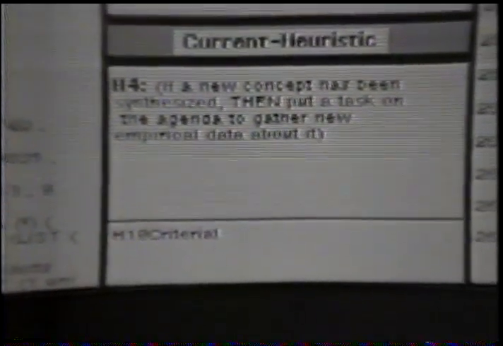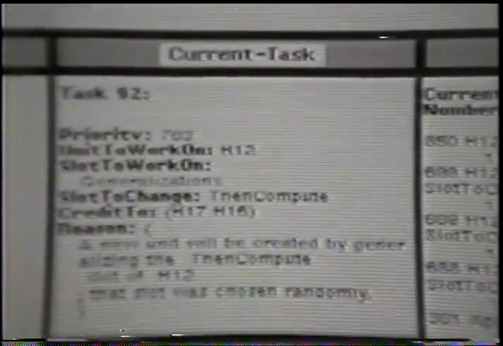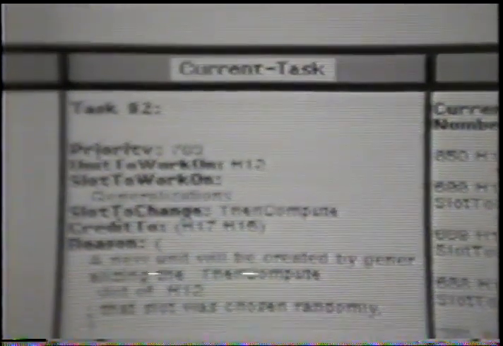Just above is the English abbreviation for the heuristic which is currently firing. And off to the left is the concept which is being worked on. In the current case, you see that the concept is H1, that is itself a heuristic. So we have heuristics such as H4 being applied to other heuristics, in this case H1. Let's interrupt it and take a quick look at something it just did. In heuristic H12, in a slot called then compute, it changed an and to an or.